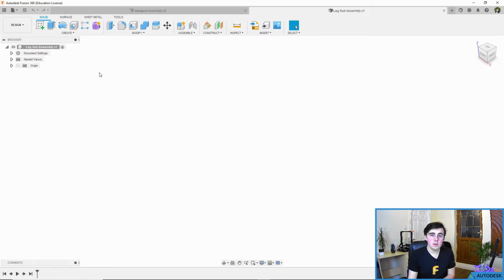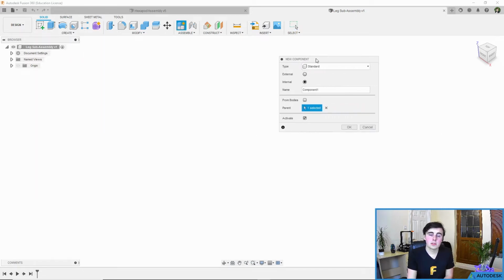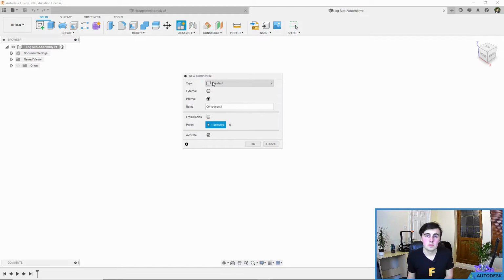First thing we're going to do, as always, is go in, create a new component. We're actually going to start by creating the two linkages. So our part is going to have a foot, a main leg block, and then the linkages between them. We're going to call our first linkage linkage 1,